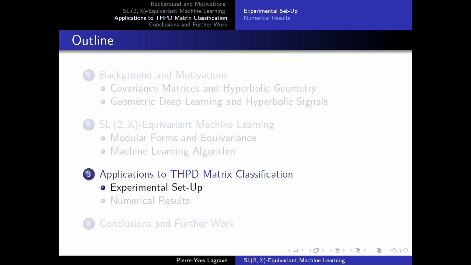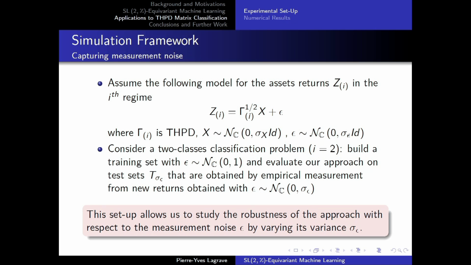So to finish, let me quickly go through some numerical results for the problem of THPD matrix classification. The setup is the following. We have several asset returns which are correlated, with some given covariance matrices for several financial regimes. What we are interested in doing is to show that this type of approach is going to be more robust